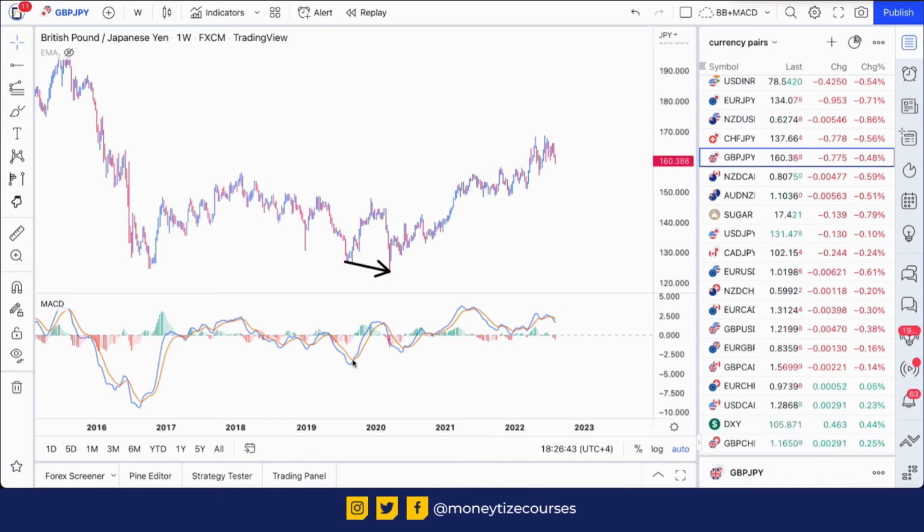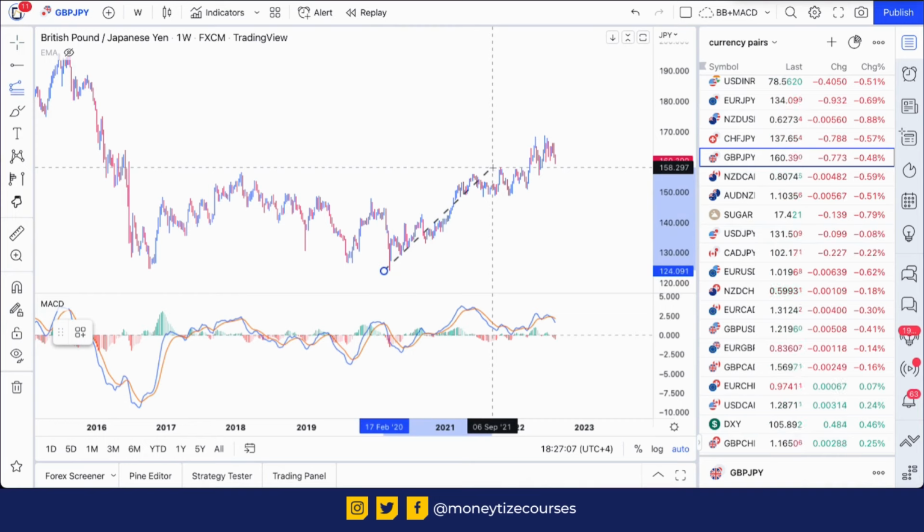lower low formation with higher lows on MACD, a bullish divergence. So because of this bullish divergence, a new bullish cycle had started. I'm going to check on the Fib extension the levels which it was expected to reach,